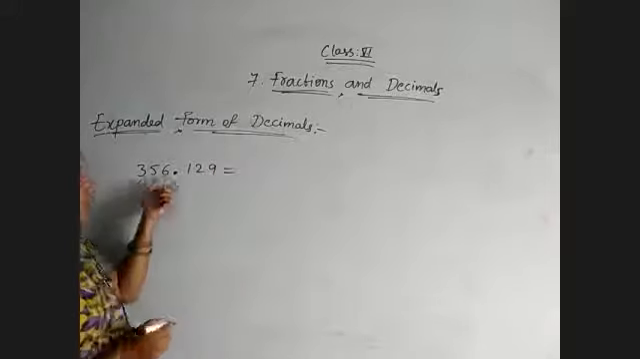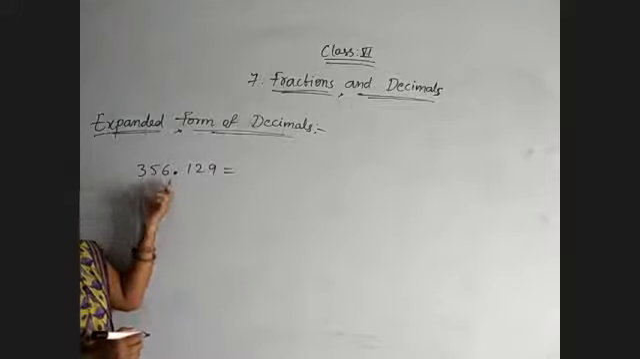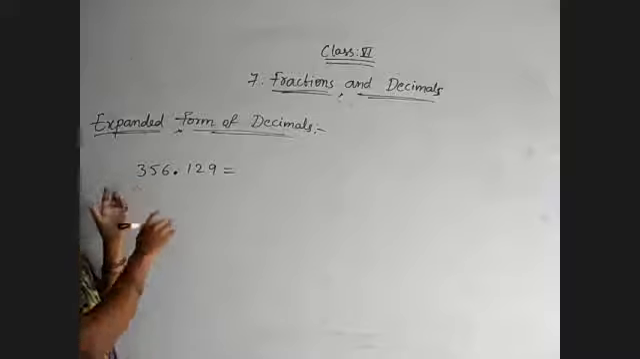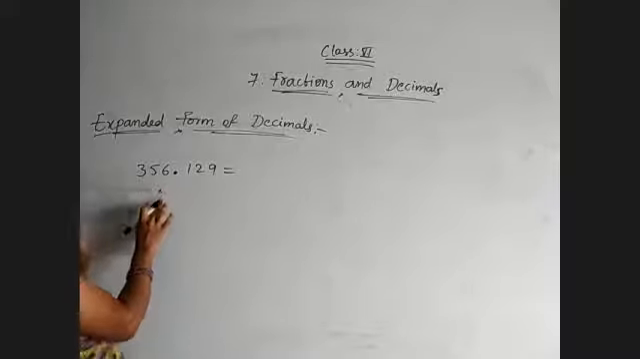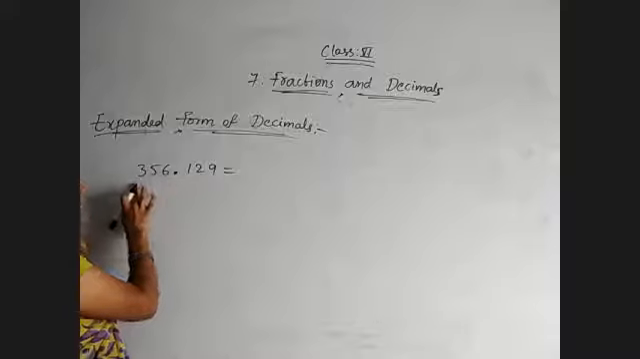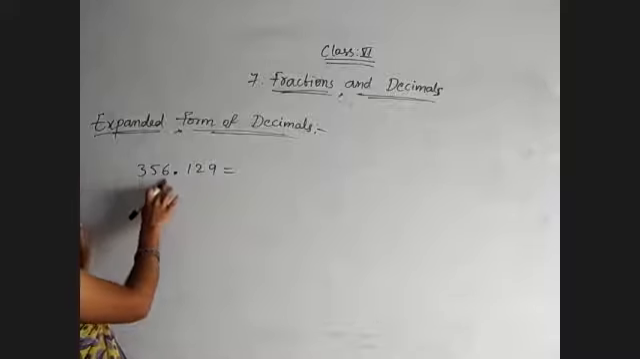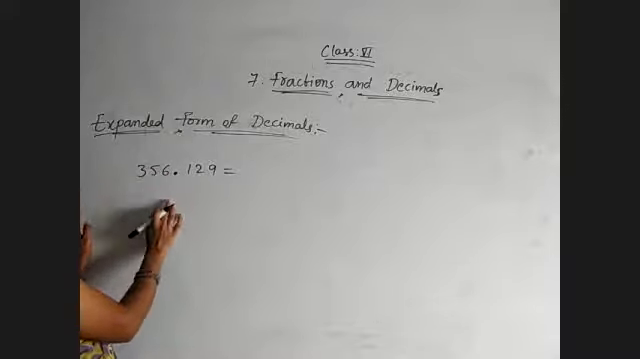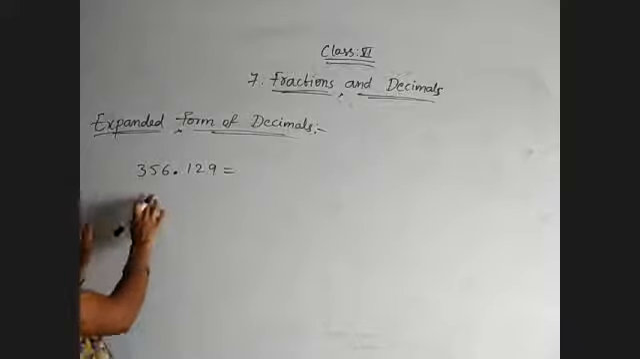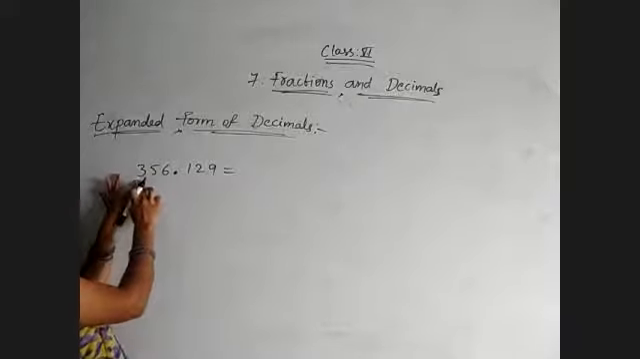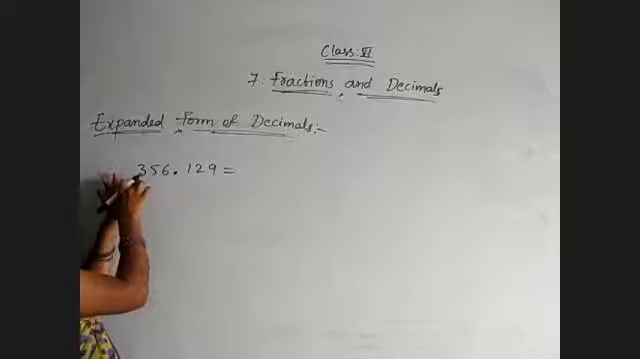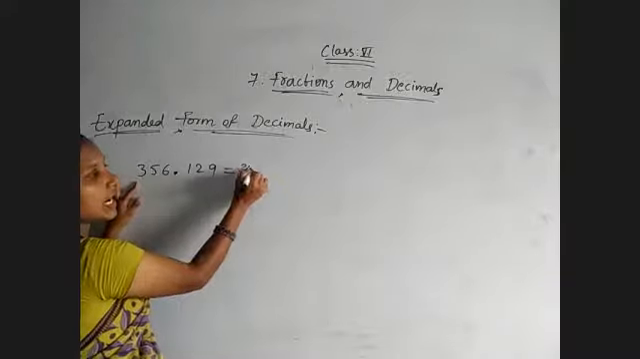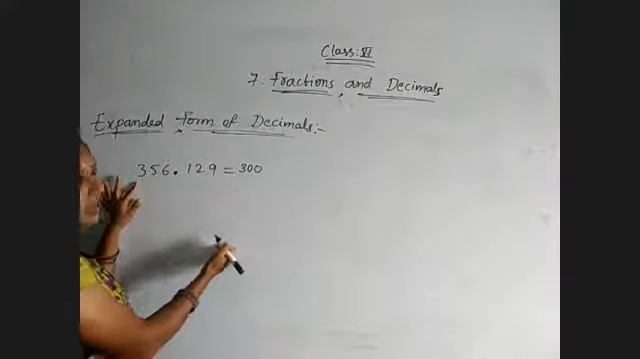We know everything before the point comes under the whole number part. So how do we consider the place values? Ones, tens, hundreds. Like that we must give the places for the digits. Now write the place value of 3. 3 is in the hundreds place. Ones, tens, hundreds. So the place value of 3 is 300. Plus